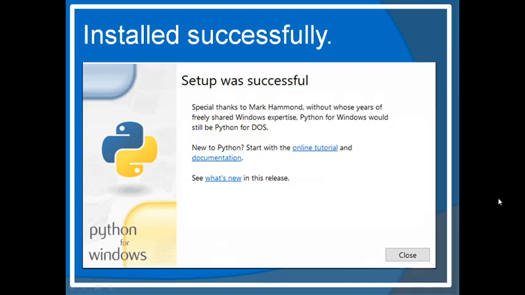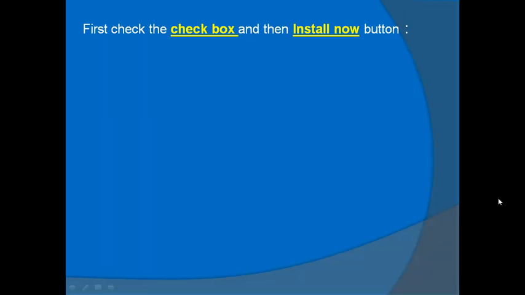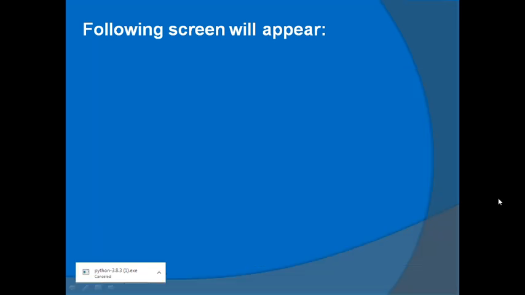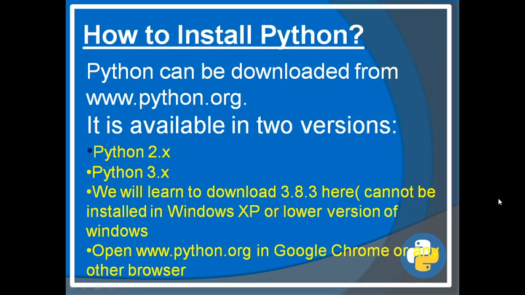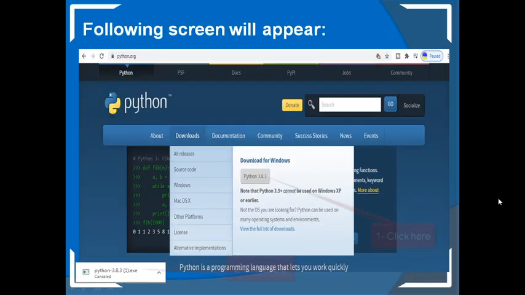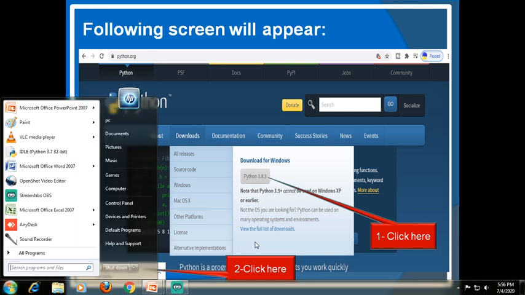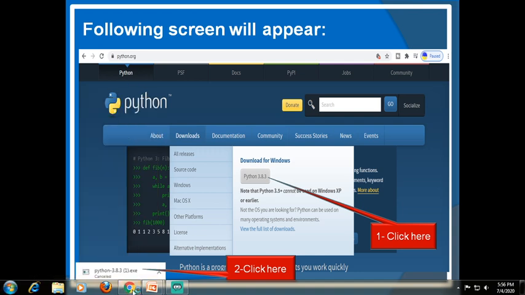Once more, I want to tell you about the procedure. Just repeating from here. After writing python.org, opening in the web browser. This is the web browser. Within the web browser, python.org is opened. Place your cursor on downloads. This will automatically show Python 3.8.3. If you want to download lower versions, you have to scroll down in this screen for lower versions. I can show you how you can do it practically.